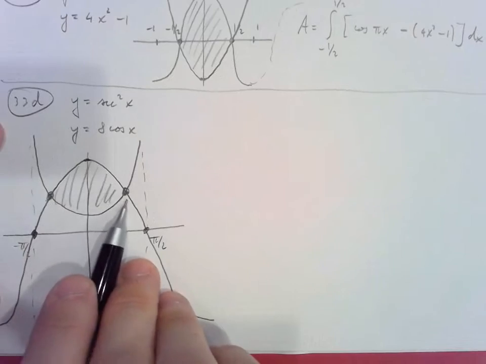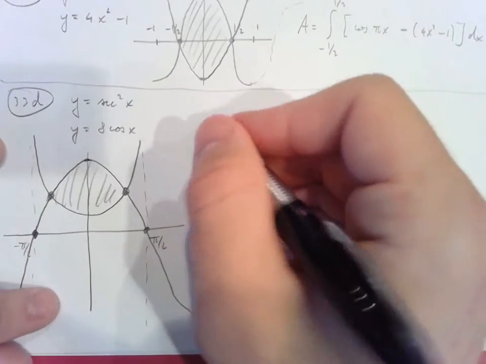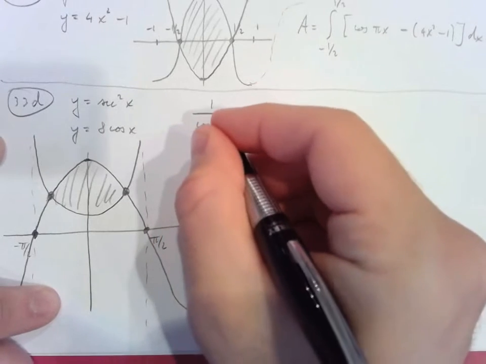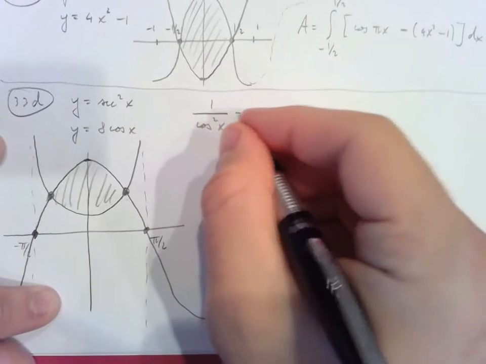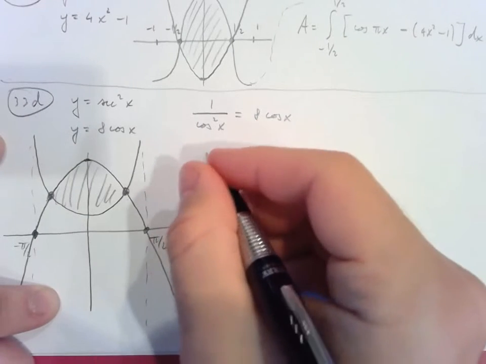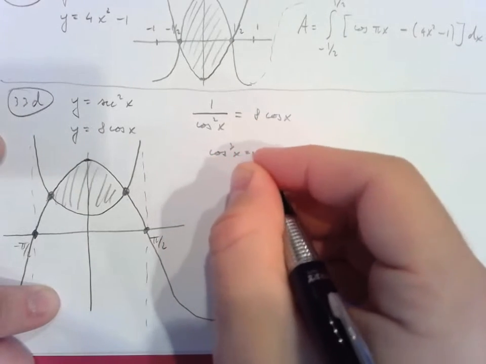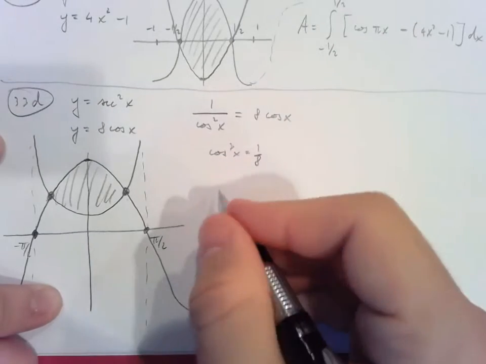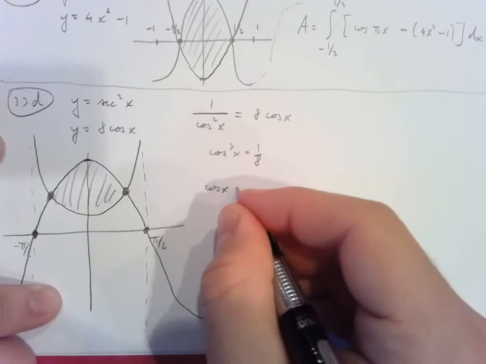So the region we're interested in is over here, and the thing that I need to do next is find these two intersection points. So I'm going to set the two curves equal to each other, but instead of writing it as secant, I'm going to write it as 1 over cosine. So I have 1 over cosine squared equals 8 cosine x, which means cosine cubed of x is 1 over 8, and once I apply the cube root, I simply get cosine x equals a half,